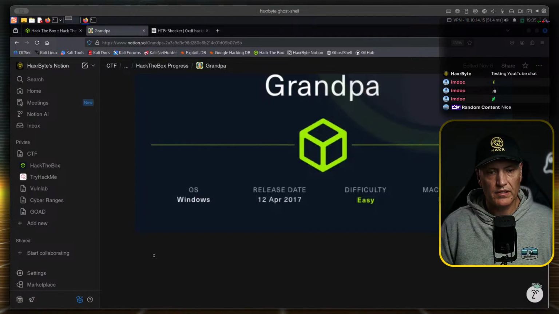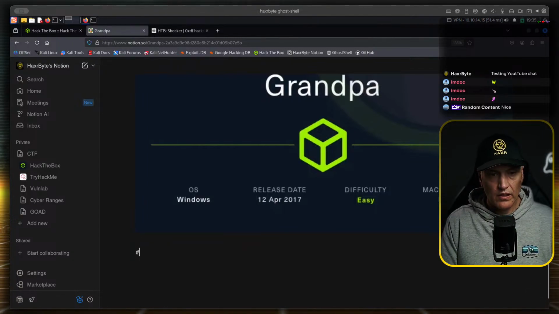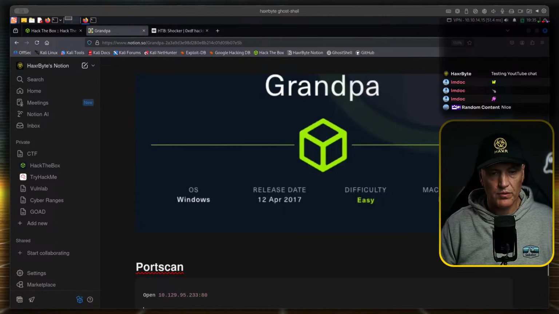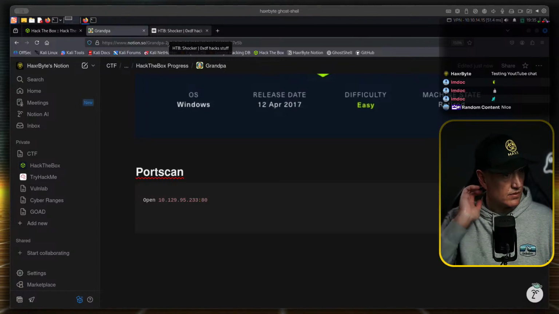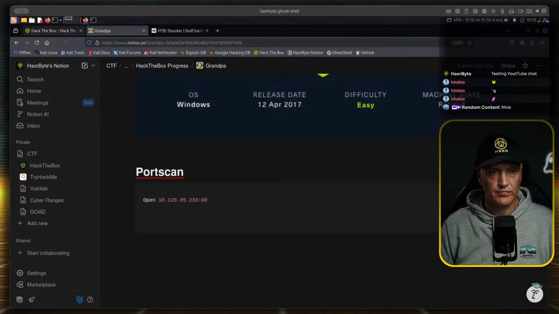In a real life pen test, you definitely need to keep notes of the port scan, because otherwise you won't be able to do any reporting. So I'll be taking notes.